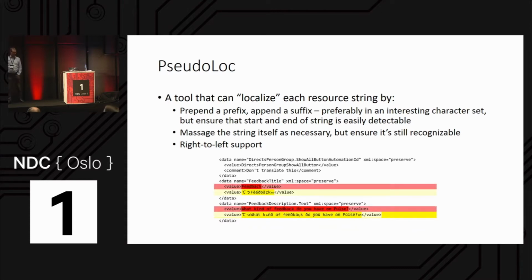So what it looks like is something like this. We change the resource file where it says feedback. We have taken a couple of characters at the front and the back to serve as delimiters, and we take these from a completely different character set just to verify that the application can handle those character sets. Then if you want to, you can mangle all the characters in between as well, which I think is fun, so I do that, but you don't have to. It's more readable if you don't. But it's a very easy tool to make. You just gobble in an XML file and spit out another one.